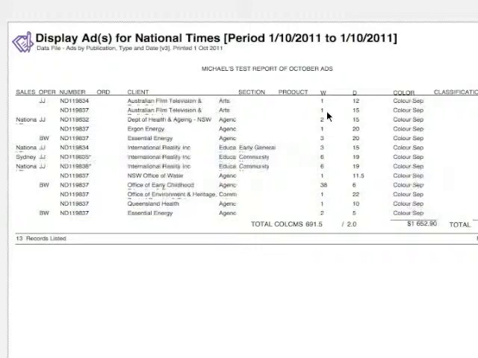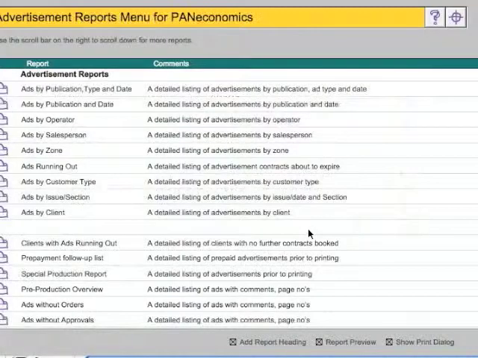So what you'd also see is down at the bottom, and that's again a common thing for all of the reports, we have a summary of the data that is in for this particular report. And for this one here, you'll see that we got a total of 691.5 columnar centimeters. Some of these reports